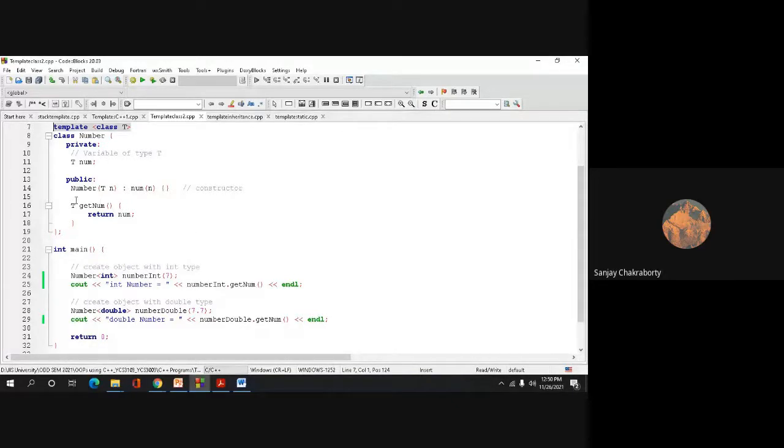In the public method, we have simply called the constructor, and we have done nothing, only initialized the value within the constructor. After that constructor, we have made a definition of a simple normal method, getNum, where we return the value that you have given as 7. So the 7 is actually stored within num.